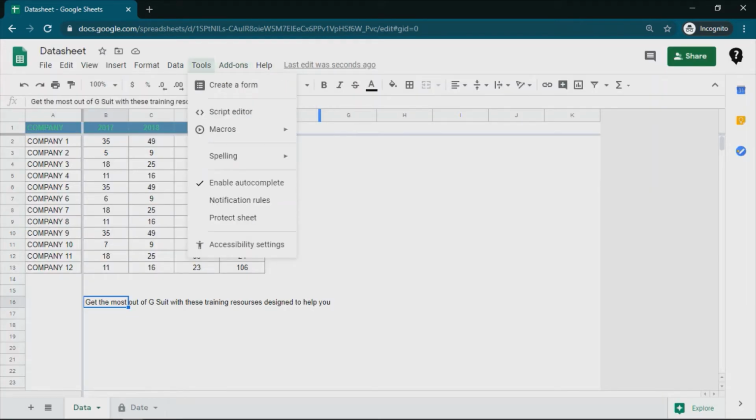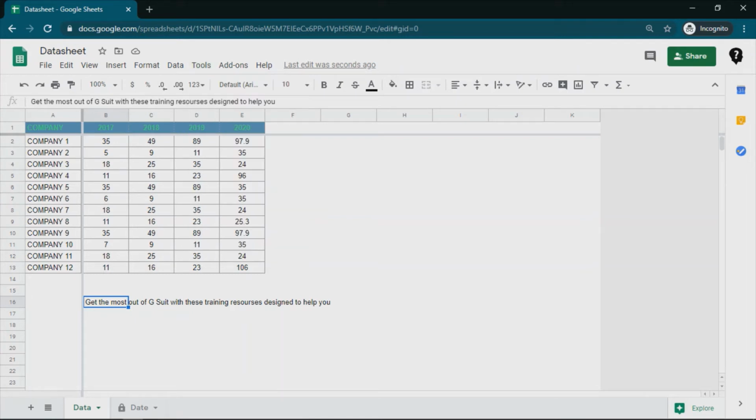Next we have autocomplete. Autocomplete is nothing but if we have similar text appearing in the rows above, then it will suggest the same word again so that the data filling can be quick. So for example, if I turn this off and I wanted to repeat this line and add some extension to the end, in that case I need to write this full sentence every time.